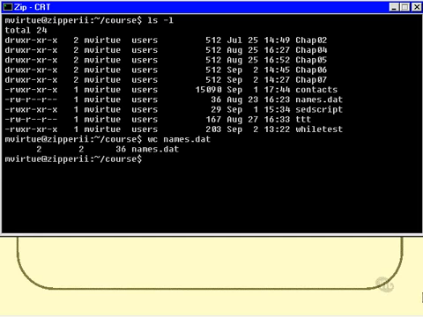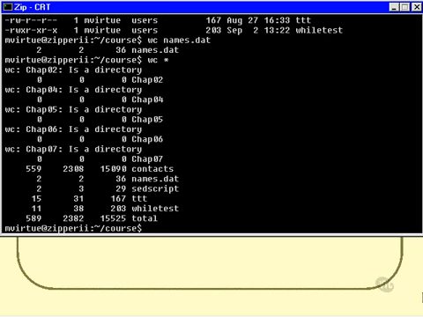Then I can do a wc of star, and I get some error messages for the ones that are directories, and then I get the numbers next to ones that are not directories and a total at the bottom. Again, all of this is as you would expect. A filter will process a single file or it will process several files. The interesting thing is it will actually also process no files at all, which means that if you just type in wc by itself and press enter,